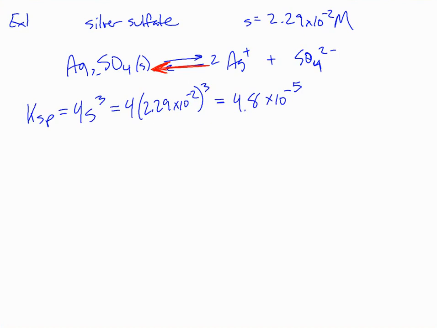So here's what it looks like. What does the reaction mixture look like when 0.010 moles is dissolved in 1 liter of solution? And we end up with, that's just 0.01 molar. Since the concentration of Ag2SO4 is less than S,